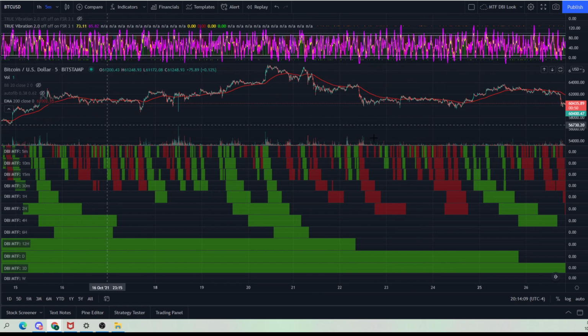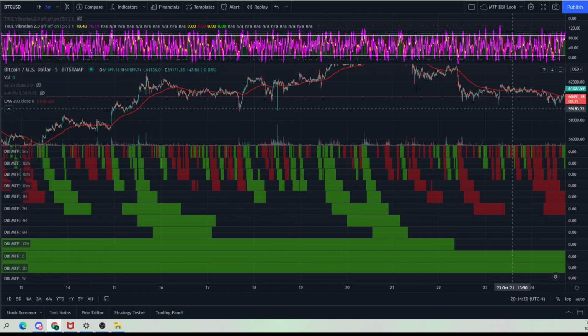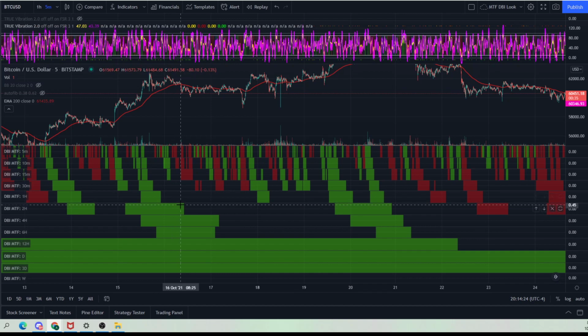But the point is that you can work a lot smarter by having the information and understanding, like, guess what? If they're all green, right, it's not going down. It's not going to work that way. It's not that it's impossible, and I should be a little bit careful in how I put it, but you'll have times when literally all of these are green. Of course, it's a free trade. I mean, it really is for the most part. It doesn't mean 100x free trade. It just means, use your normal managed risk and know that you have significant edge in that situation,